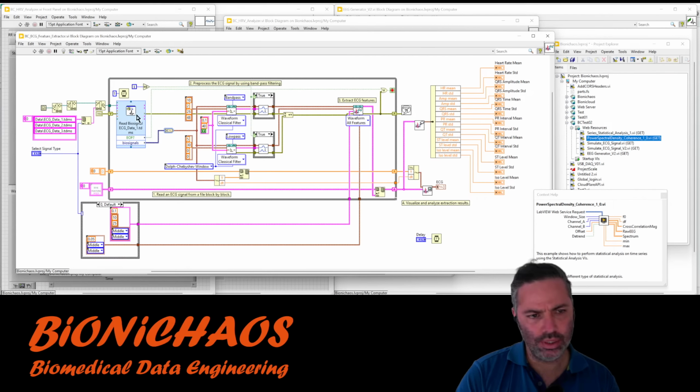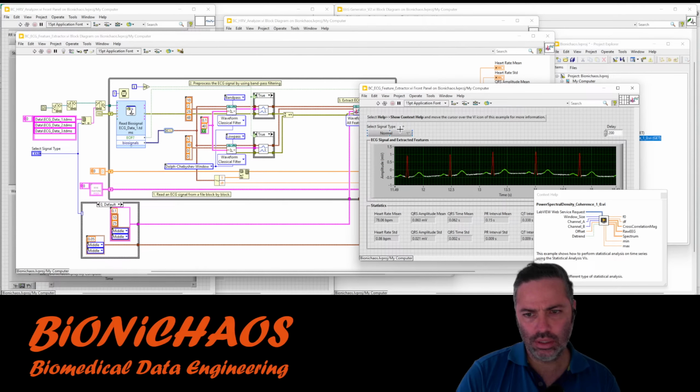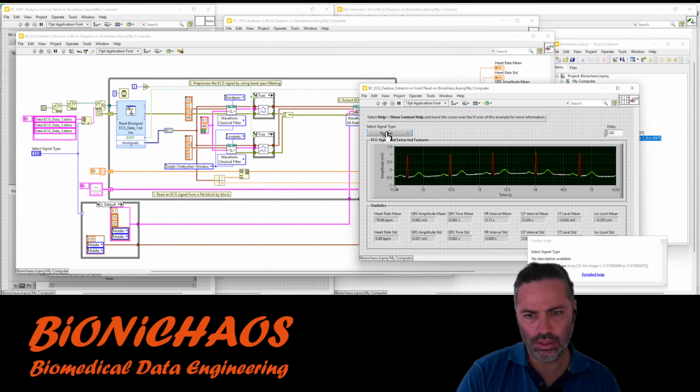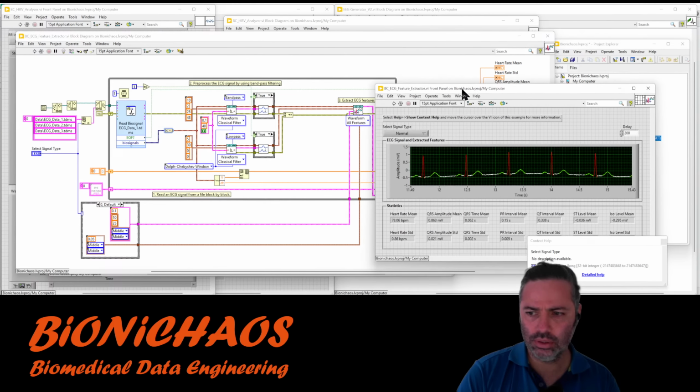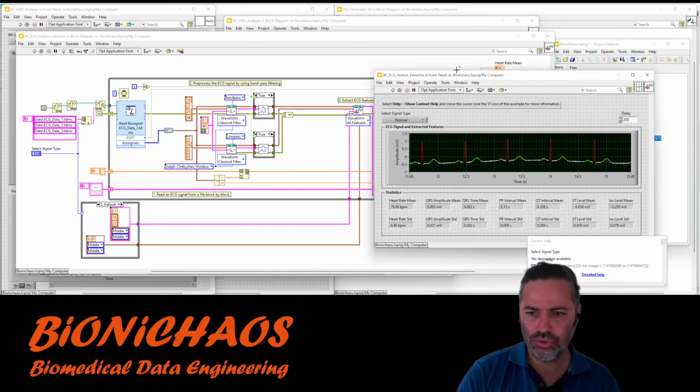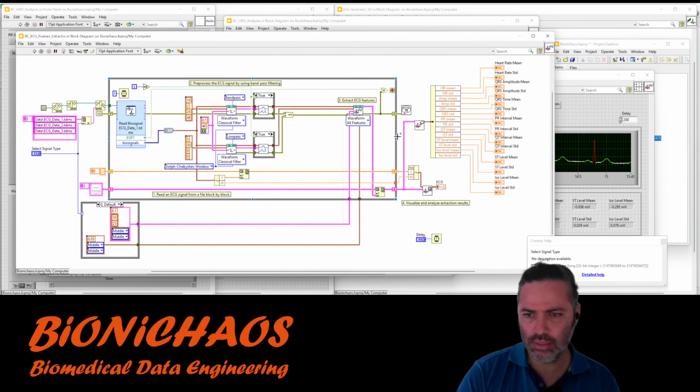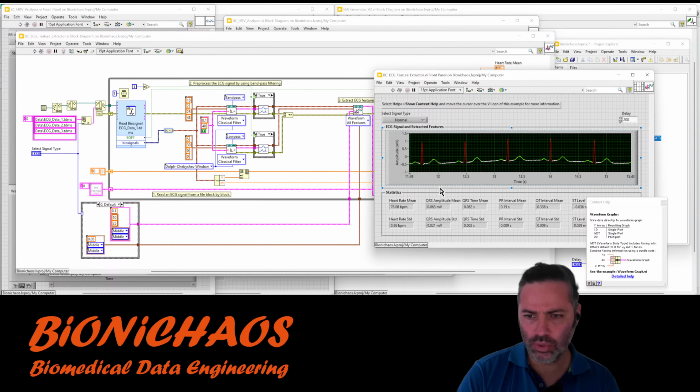Then the question is, we need that select signal type as an input. It could be the only input to begin with, and the output should be this waveform. But the problem is, it won't work because